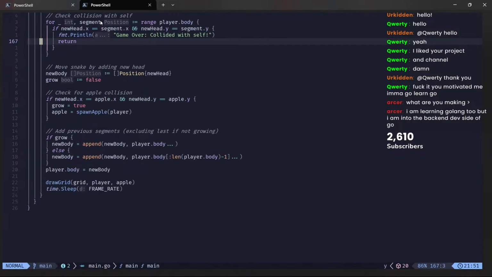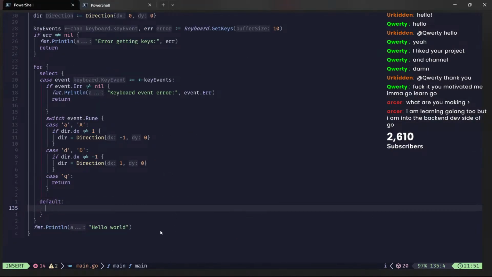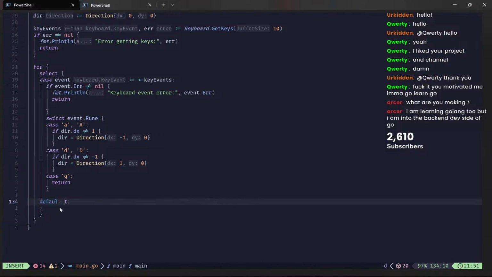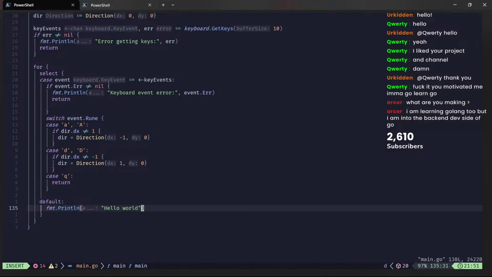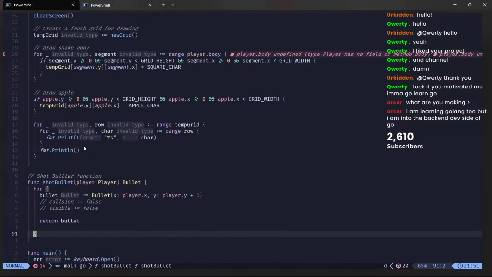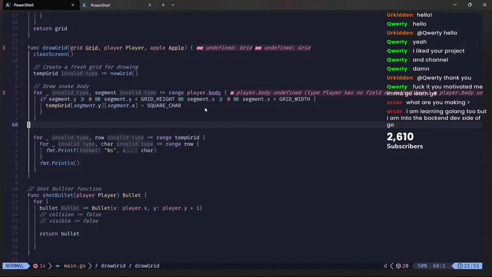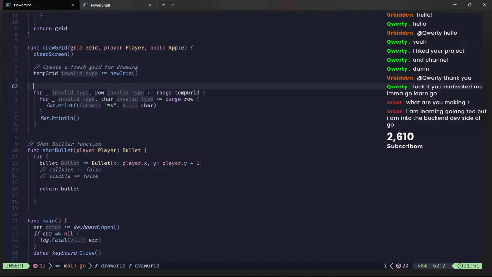Then in default, everything we put inside the default should be like printing continuously. Okay, we have printed everything. We have the draw apple. Actually, we don't need this one yet. We don't use that clear that, but we don't need clear that. We don't need actually to do the grid. We don't need that. So what we need is, if